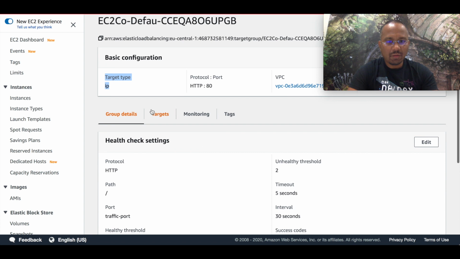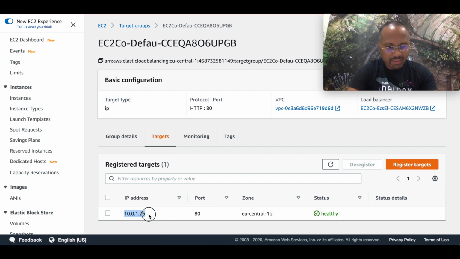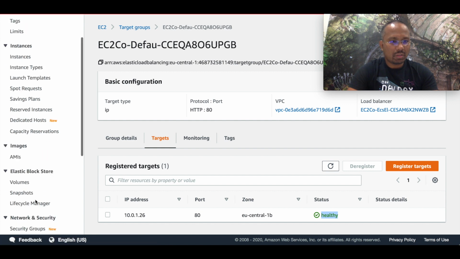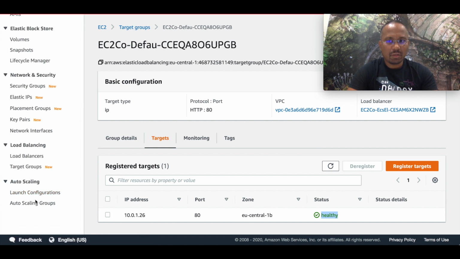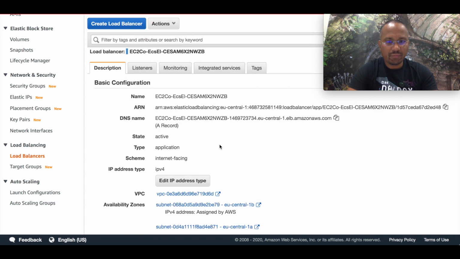And here if you come to the target, we see the task is running on port 80, and this is the container IP. Okay, and this is healthy. Okay, and from here we can go to the load balancer, and we can get the load balancer IP, and we see if it's working.